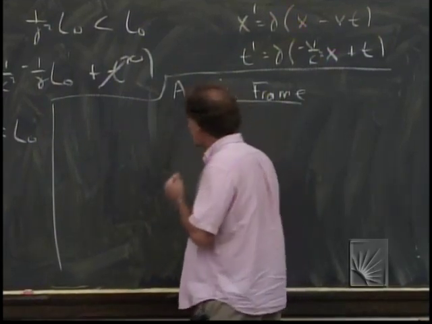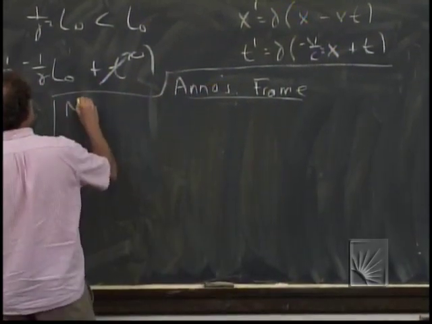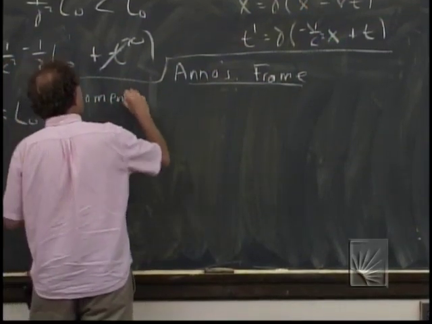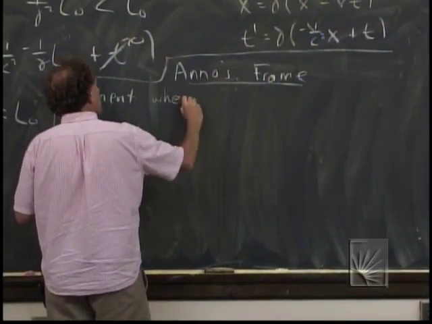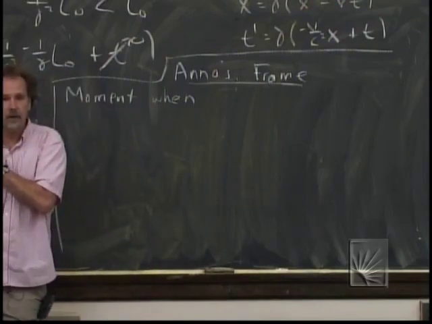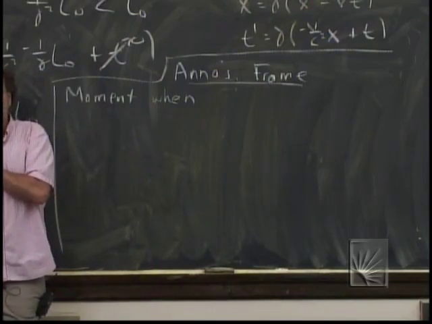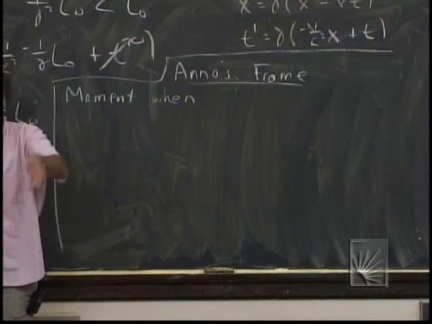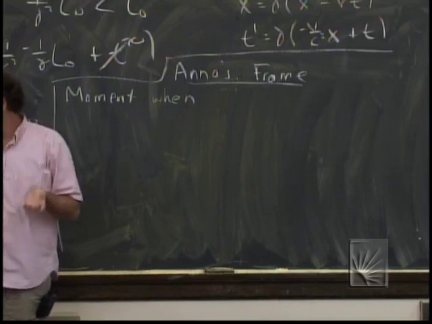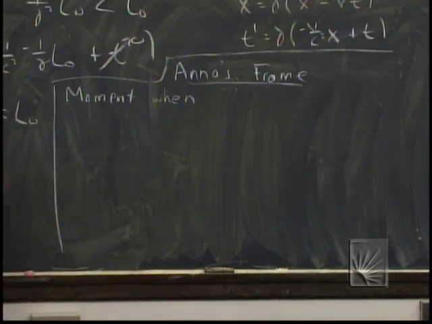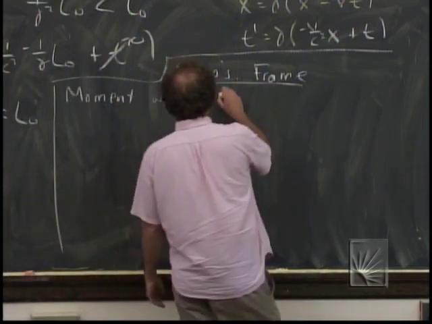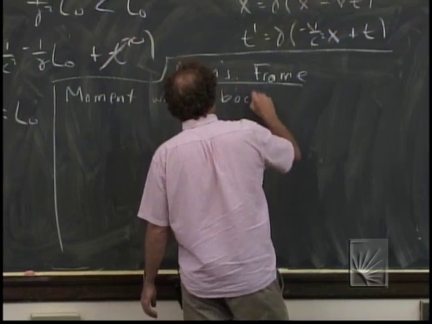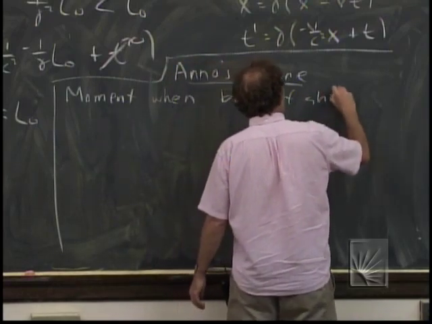Okay? Well, let's choose the moment. I've already said that in Anna's frame, she just doesn't agree that the back of the ship was lined up with the back of the port at the same time that the fronts were lined up. So we have to just choose. We can either choose the moment when these are lined up or the moment when those are lined up. And we can do an analysis either way. Let's pick when the backs are lined up. So the moment when back of ship plus port